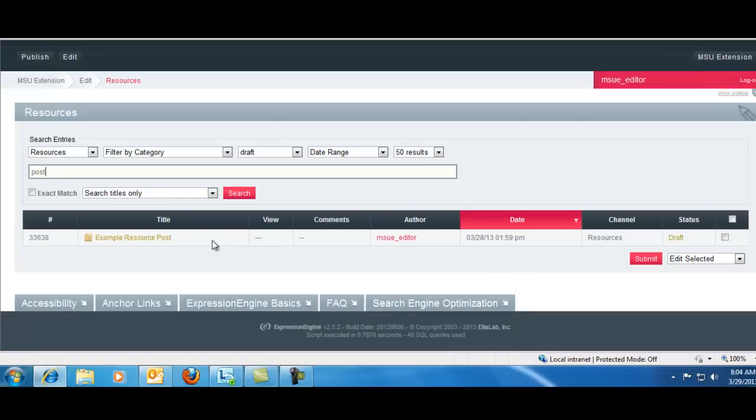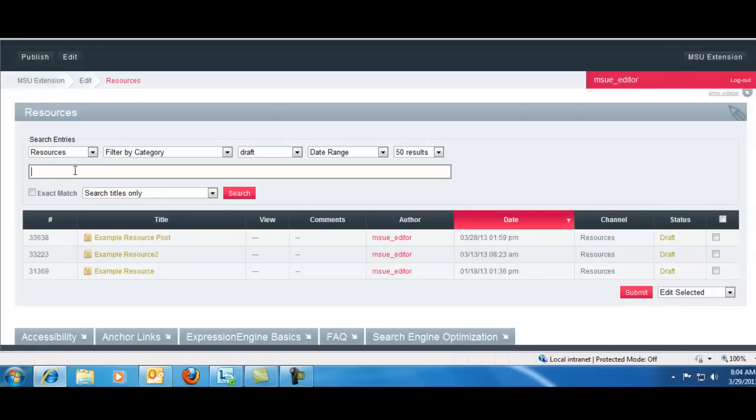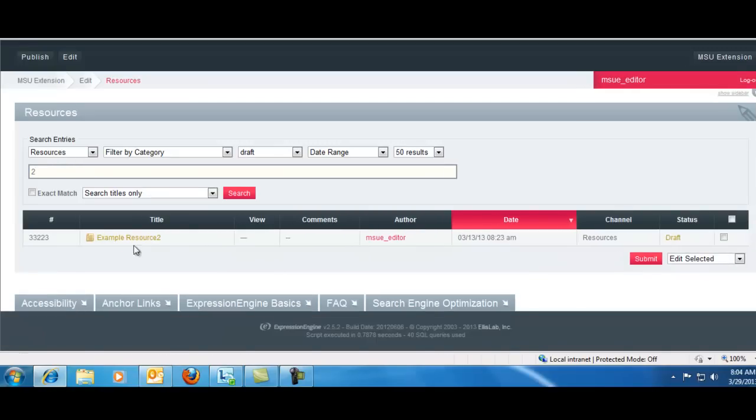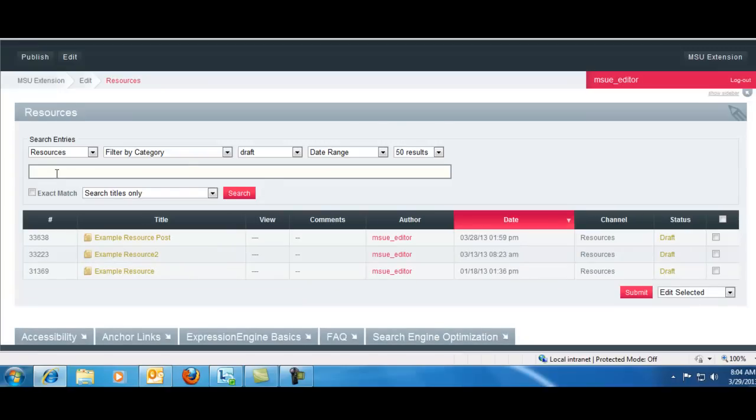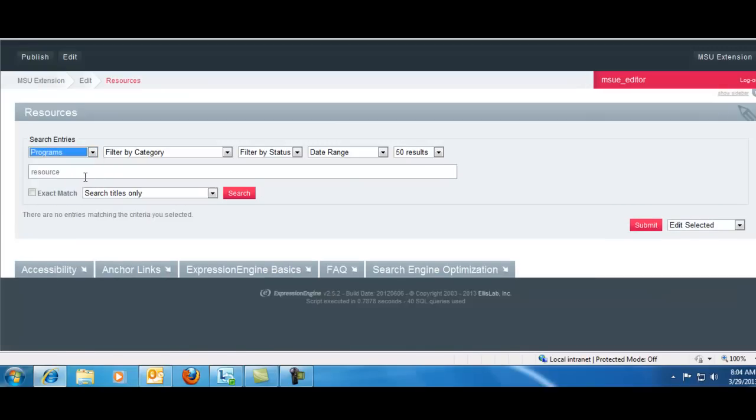Here I typed in the word post, and you can see that just the entry that has the word post in it shows up. And again, I'm just under resources here. There I typed in the number 2 and found an entry that had the number 2 in it. And finally, I'm going to type in the word resources, and all the entries that are there have resources, so they're there. I'll switch over to the program